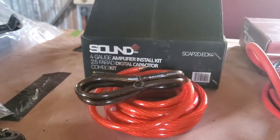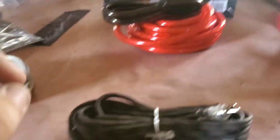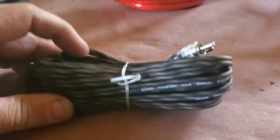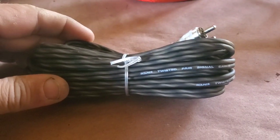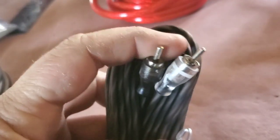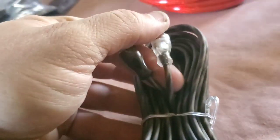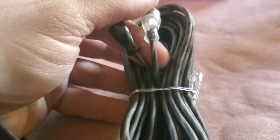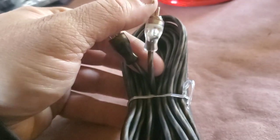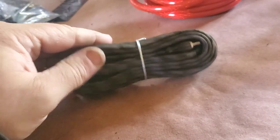Right now we're going with Soundbox. Okay, so next in line I think is our RCAs. These are your basics. It does say Soundbox twisted pair signal cable. Okay, not a whole lot going on here, just your basics. They will work. You're at a couple thousand watts, you ain't gonna have any issues. These aren't meant to carry a lot of voltage, but for the money, for the buck,